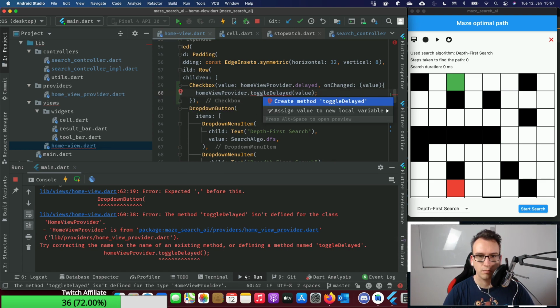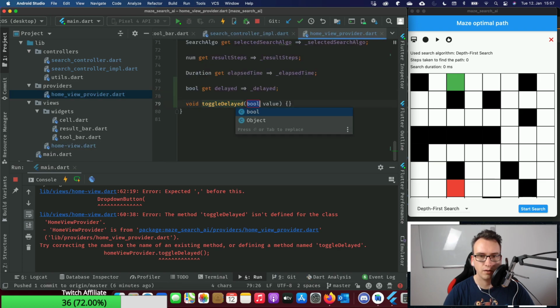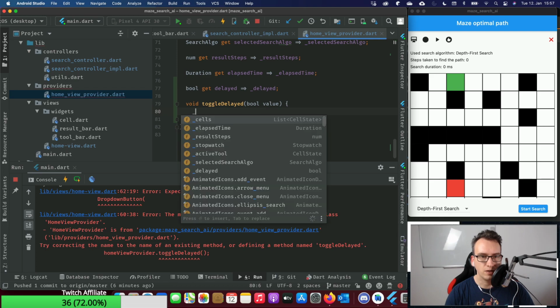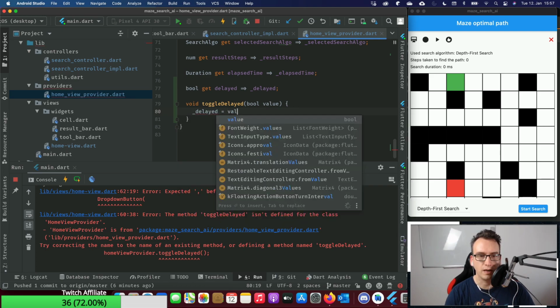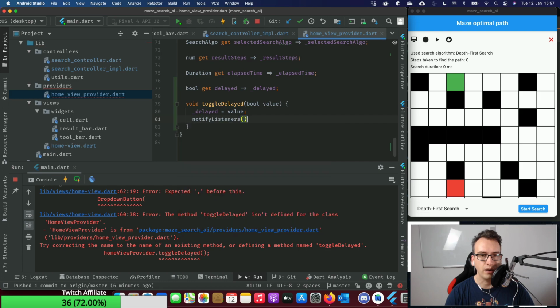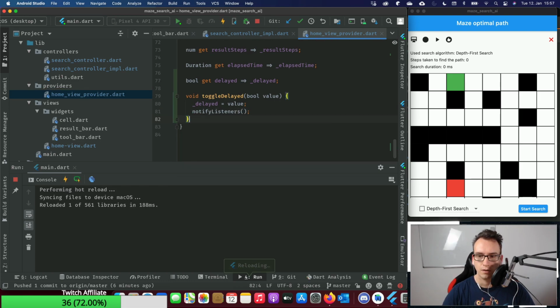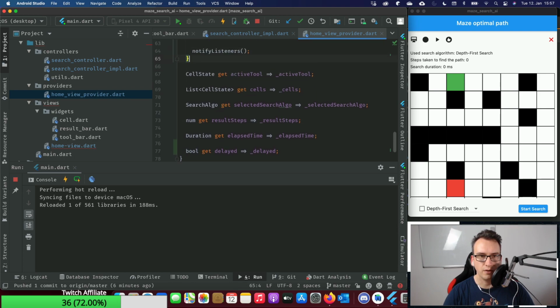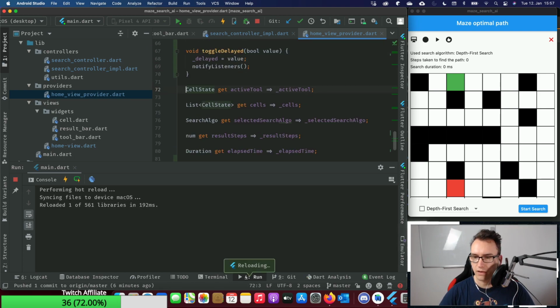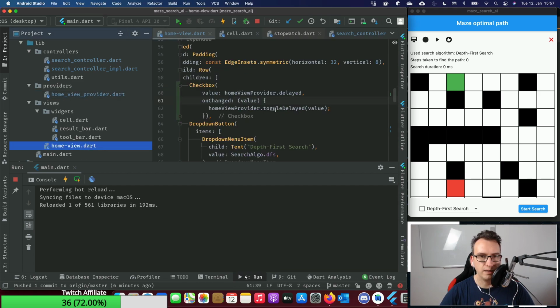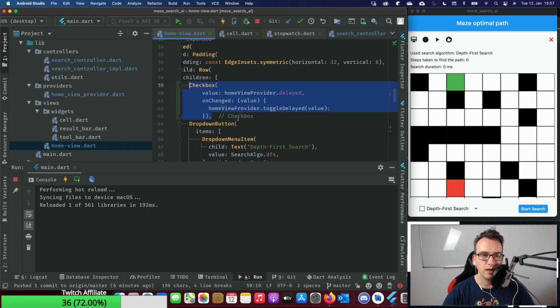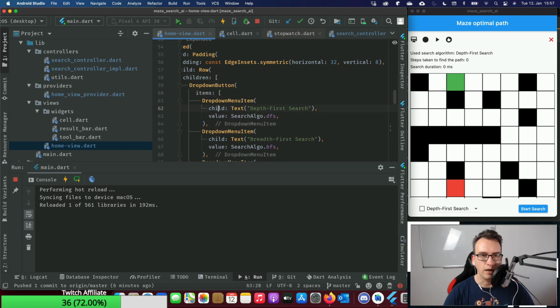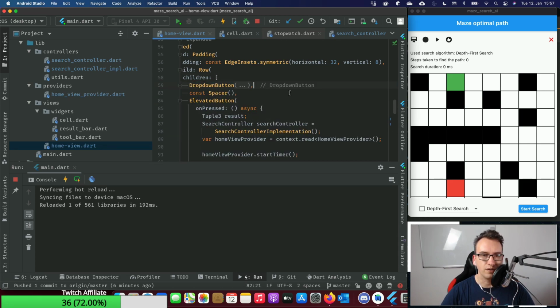And create the method, perfect, get the value. And what we want to do is using the delayed value, giving that to value, and notify our listeners. Good, bringing all that up to our rest of the methods so that the getters and setters keep together. And we have already our checkbox. Doesn't look that fancy yet, but what we can do is taking this checkbox and bringing it below of this